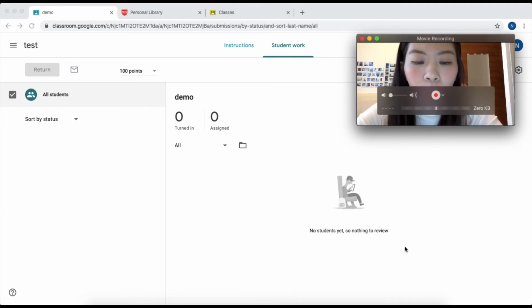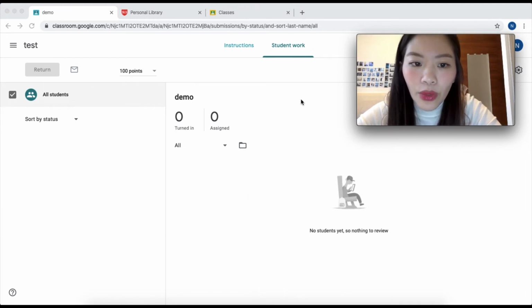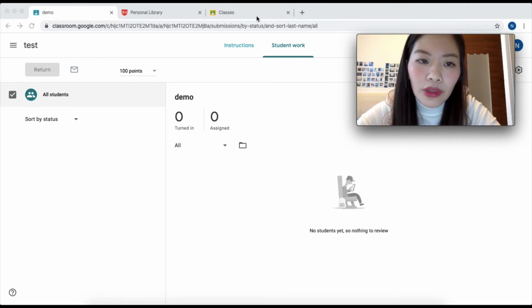Okay, so once the students are done with their work, they would turn in their assignments, and then you would be able to see the students who have turned in their assignments. Okay, even if the students have forgotten to turn in their assignments, it's absolutely fine, because you would still be able to see the work that they have completed halfway. Yeah, okay, so I'm going to show you